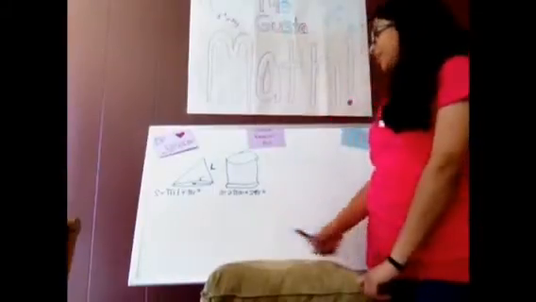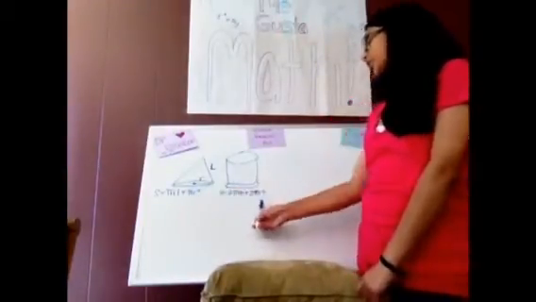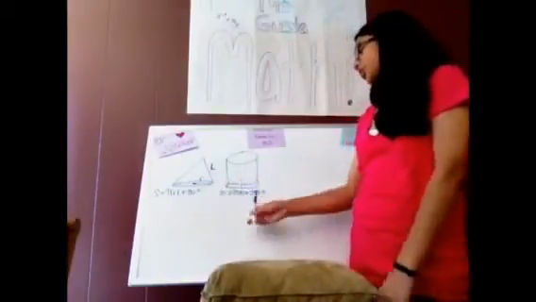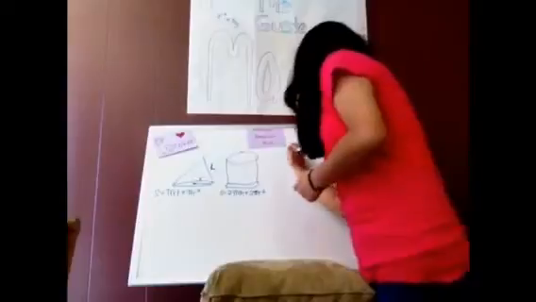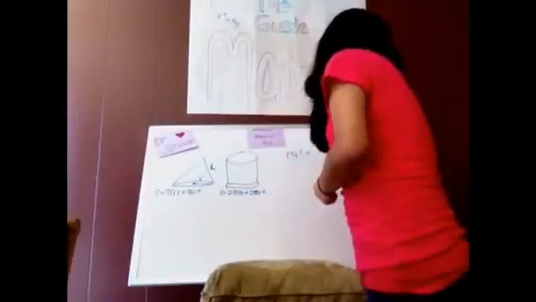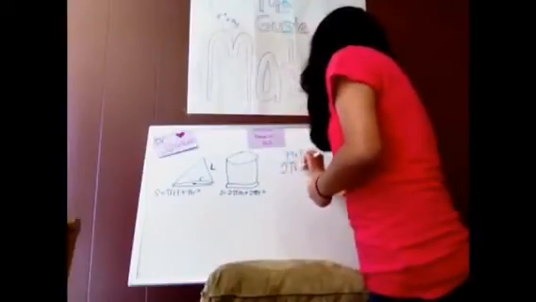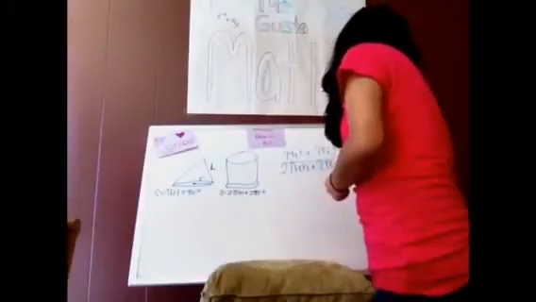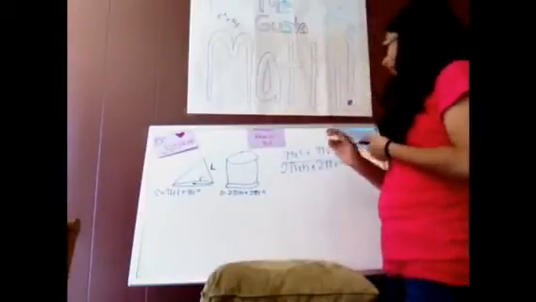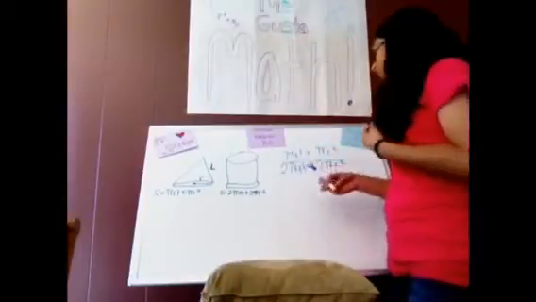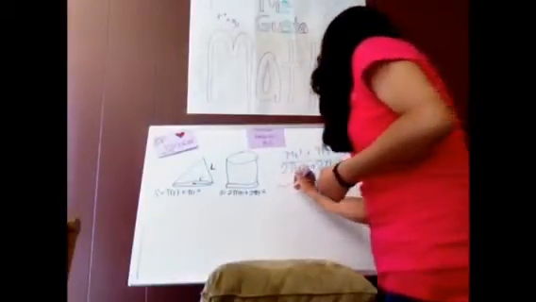So we have to find the ratio of the cone to the cylinder. So that means you have to put the cone's equation over the cylinder's equation. So that's going to be pi r L plus pi r squared over 2 pi r h plus 2 pi r squared. So first we have to factor them because you can't cancel them out because they're addition. So for the top we can factor out a pi r